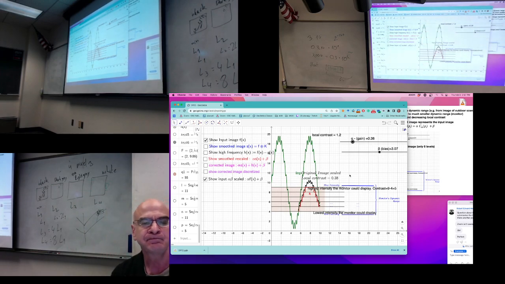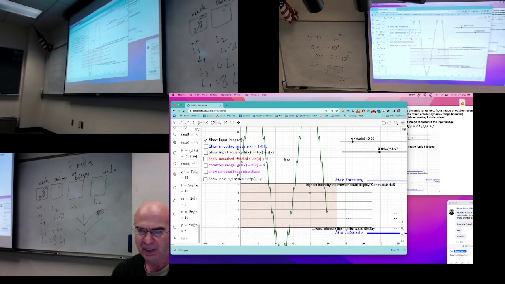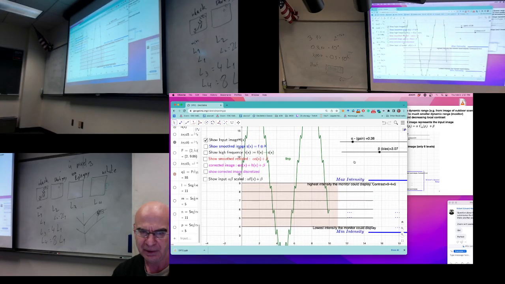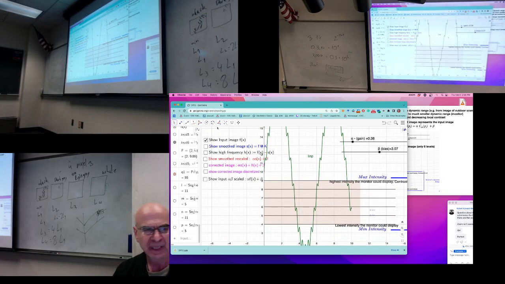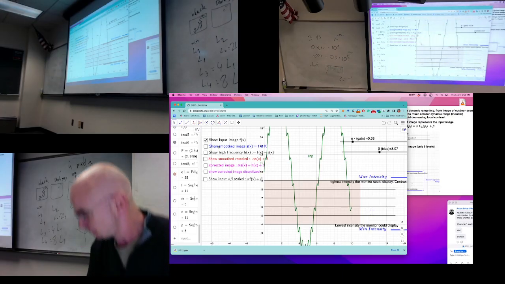What can we do instead? That's in the left side of the image. And the slide describes all of it. We talked about taking each pixel